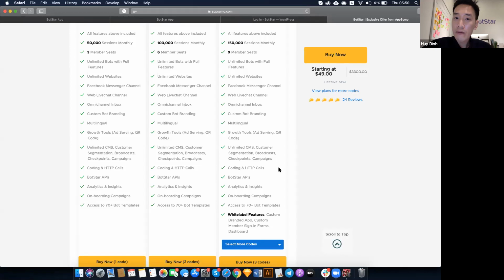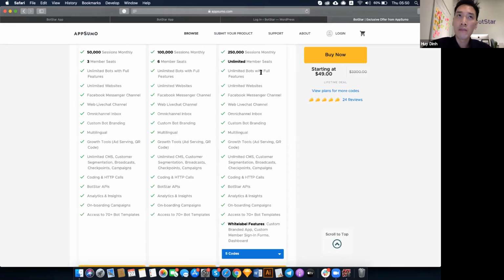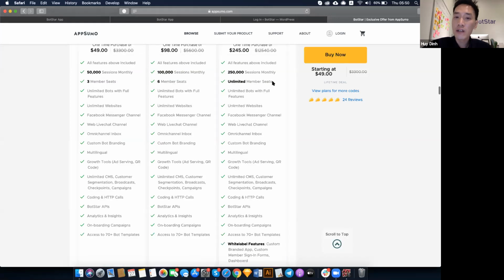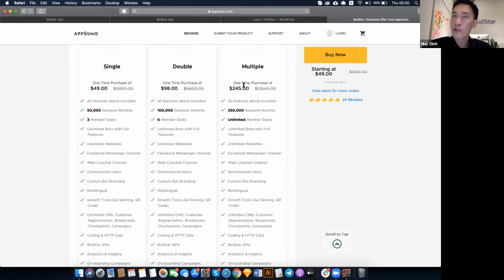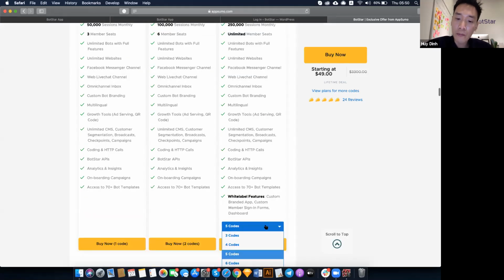And with 5 codes, you will unlock unlimited seats. So you can add unlimited members of your team and unlimited members of the client. This 5-code plan is very useful for someone who has a customer base with a lot of customers, but small ones. Let's say each of them incurs like 1,000 or 2,000 traffic per month, then this is fantastic for you guys to run a business. You can run for several years without worrying about paying BotStar anything at all. And with up to 10 codes,